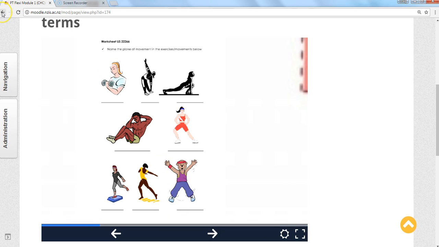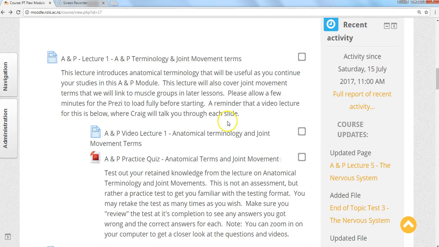But the other option that you have is this same Prezi is also available to you in a video format where I'm actually giving a lecture over the top of the slides that you're looking at. So you'll see it down here, back onto this main page. Underneath AMP Lecture 1, AMP Terminology and Joint Movement Terms, we've got AMP Video Lecture 1, Anatomical Terminology and Joint Movement Terms. So if I was to click on that,